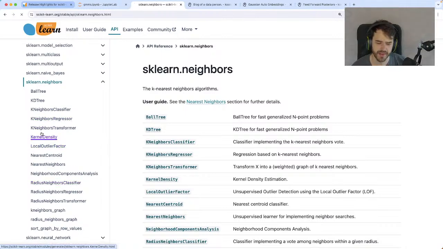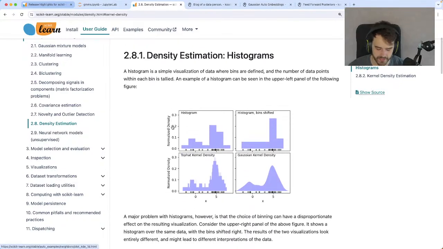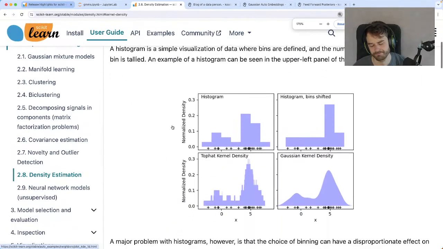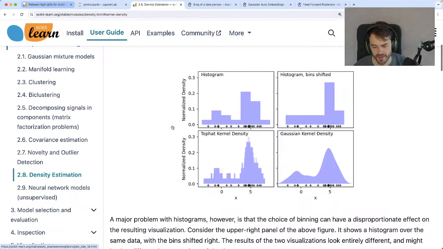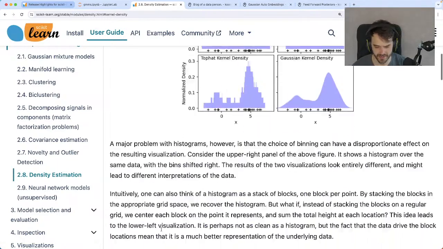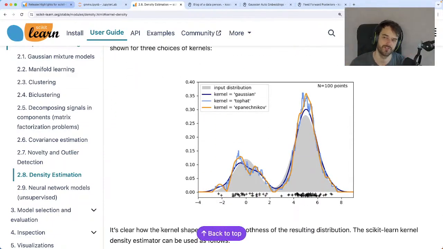Yeah, so if you go to the neighbors submodule of scikit-learn, then you have the kernel density method, which is different, and there's a user guide for it. It is different than Gaussian mixtures, because Gaussian mixtures have a very strict way of working, and these systems are a little more heuristic-based, I think you could say. But yeah, there's just all sorts of tricks to come to distributions. That's also the story here.